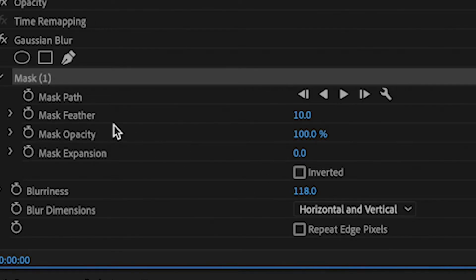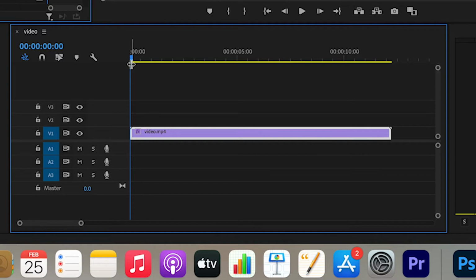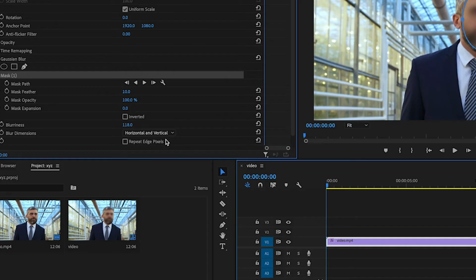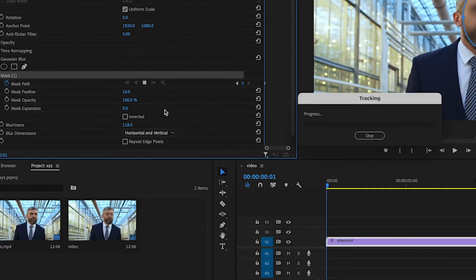So again go to settings, and in front of mask path you can see some play buttons. Here are backward mask and forward mask. Because I am at start of video, so I select this forward mask and play the tracking. When you start tracking, Premiere Pro automatically tracks his face, and then this blur circle automatically moves with his face in whole video. So just wait for tracking,